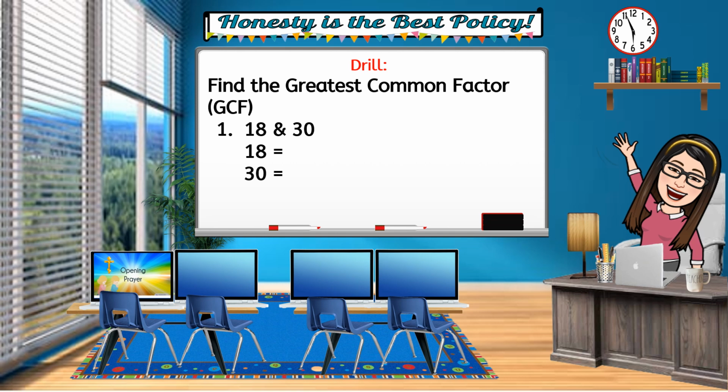Let's have this one. Find the GCF of 18 and 30. So by finding the GCF of 18 and 30, you need to list all the prime factors of each number. So when we say prime numbers, all factors must be prime. When we say prime, the only factors of a prime number are 1 and the number itself. Ibig sabihin po, pag sinabi nating prime numbers, ang factors lang na i-multiply nun ay 1 at saka yung sarili